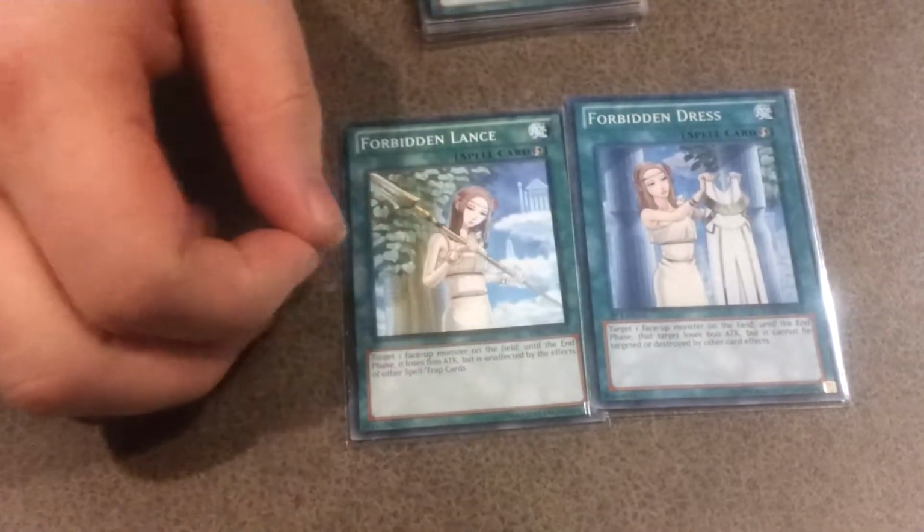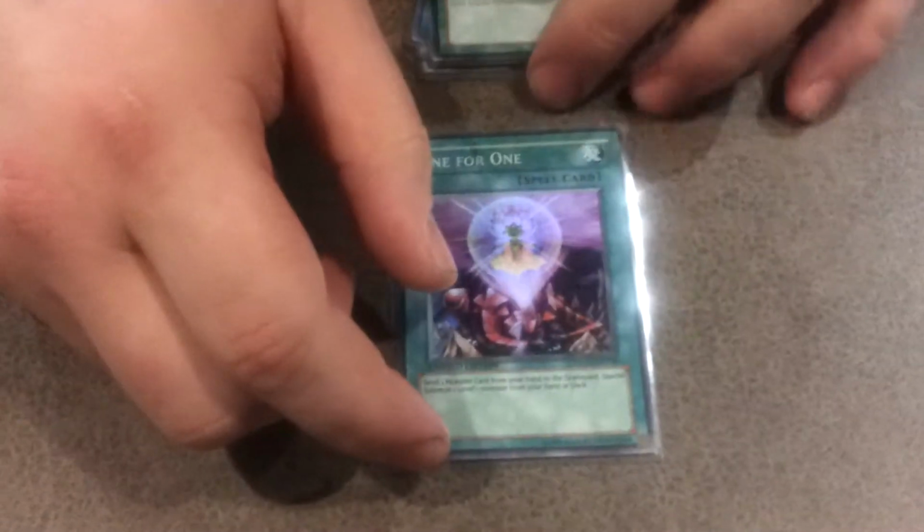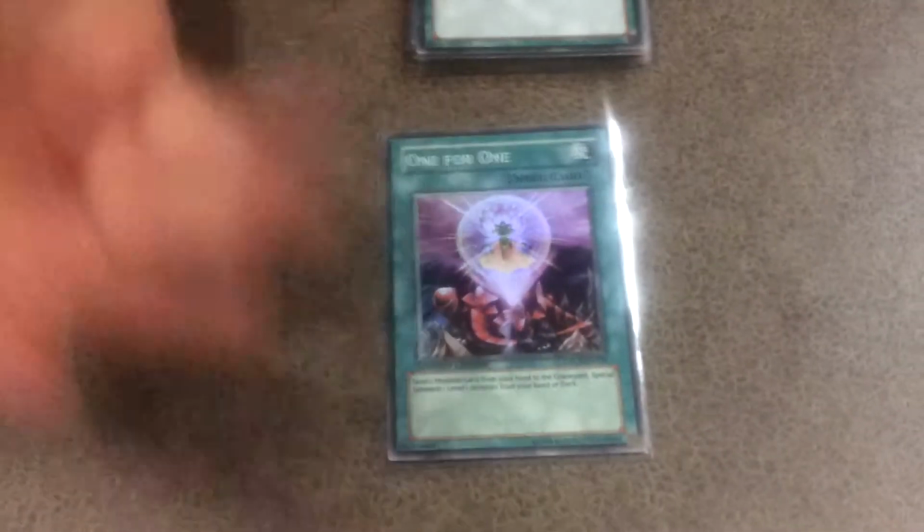They're really cool, but I prefer Dress because the idea of my monsters in a beautiful silk dress just entertains me greatly. Book of Moon, staple. Renova in a dress. Yeah, right. One for One, just discard a card, special summon any level 1 out of my deck, just search, special summons,